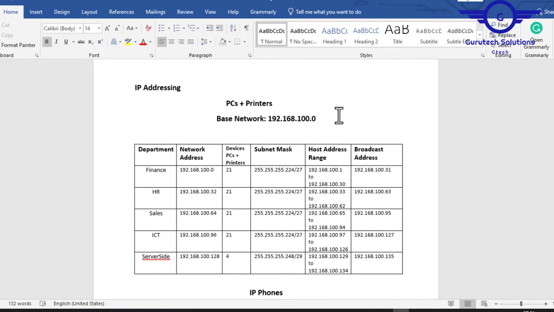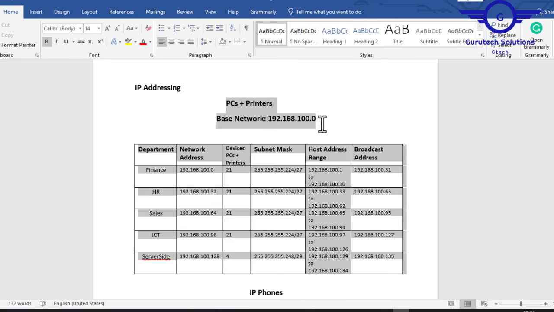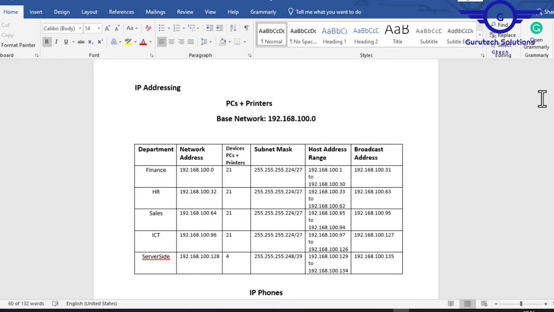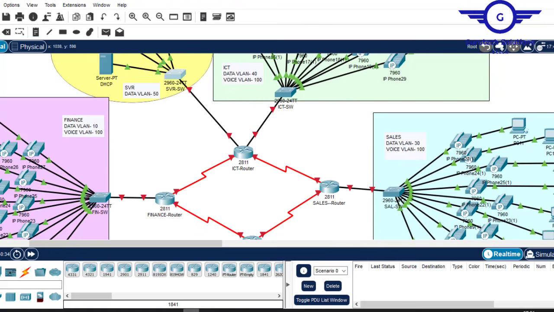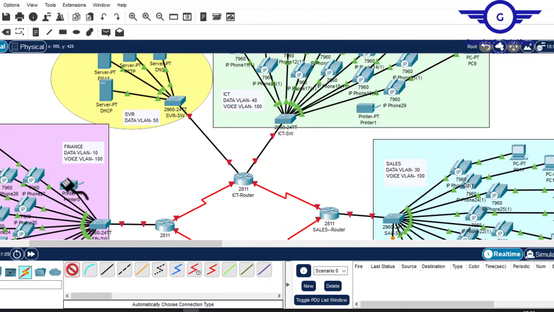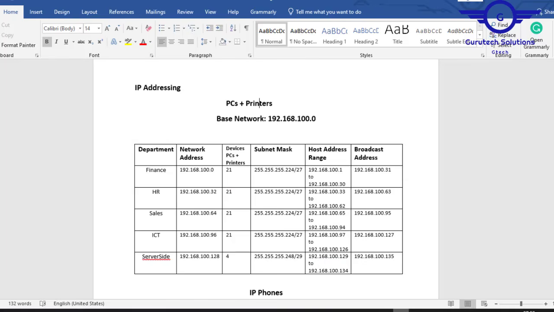For example, you see, for PCs and printers. Remember, we forgot to put printers on the network, but I'll just do them very fast to save time. So we will place the printer on the network on each LAN. Okay, so let's proceed. Now, as you can see, we were given a base network of this one for data,